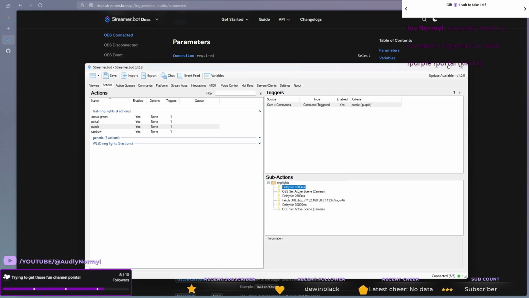So it will do a quick delay. It will change the scene. It will come back, do another delay, and then it will change the colors, delay for longer so that you can actually see the colors. And then we were hoping to set it to a different scene afterwards, but we haven't gotten that far yet. So feel free to help us test any of the ones that are working and let us know if you have any color combo suggestions.